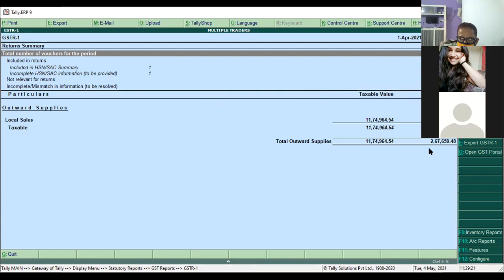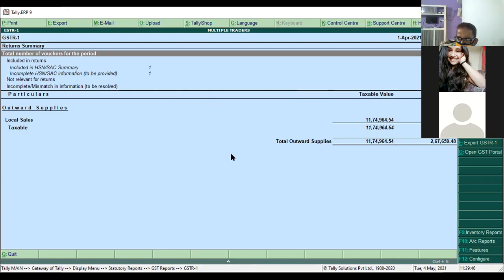Taxable and tax amount. Add these two, we'll get the invoice amount. Taxable value does not include tax amount. If you include tax amount and taxable value, you get invoice value. This is a sales report in the form of table view.